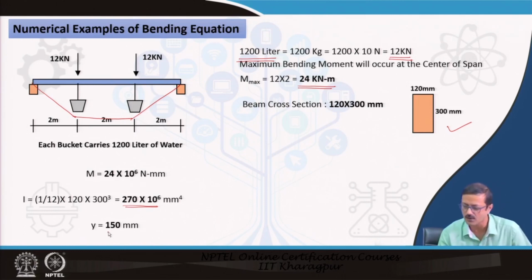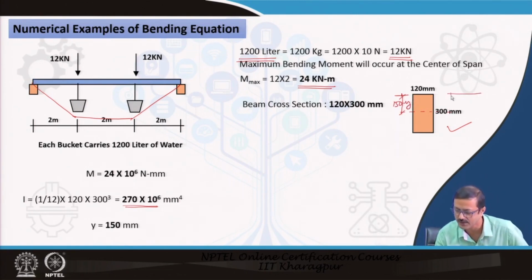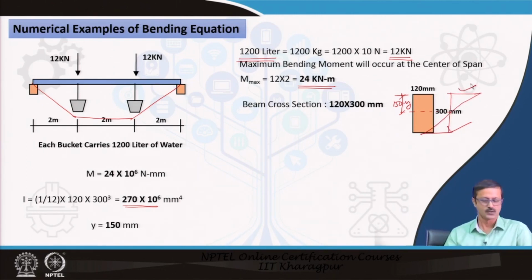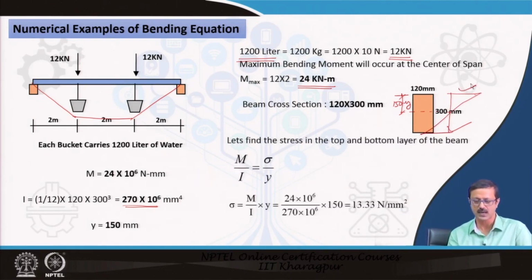Why? Because the top, this is the CG axis, the center, and this is the y max. At this 150 is the maximum y value, and that gives you the maximum stress value. I am to find out the stress at this particular topmost fiber. So, I put this in the equation M by I equal to sigma by y, sigma equal to M by I